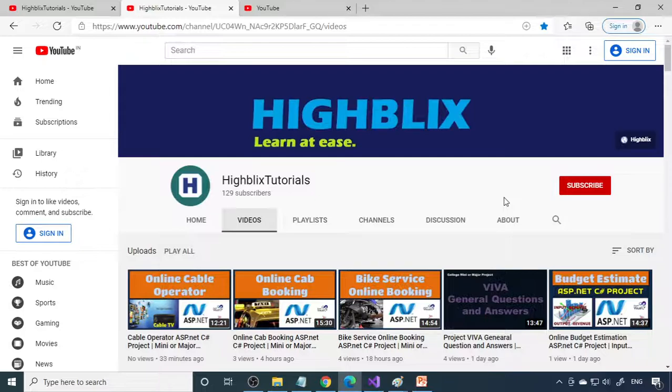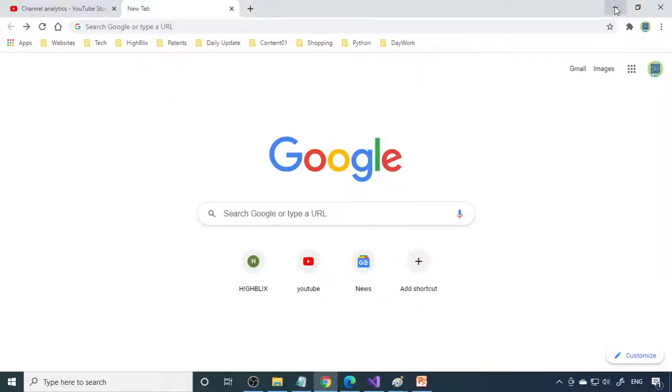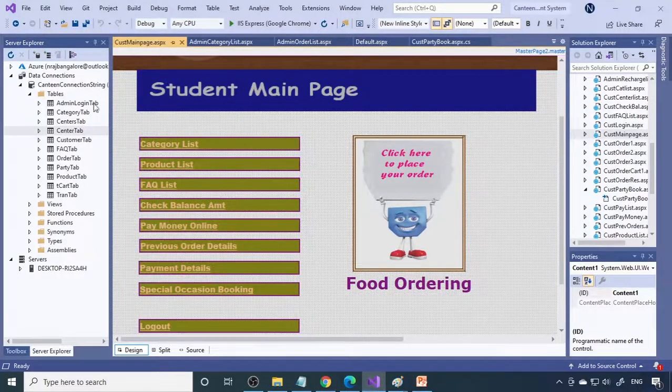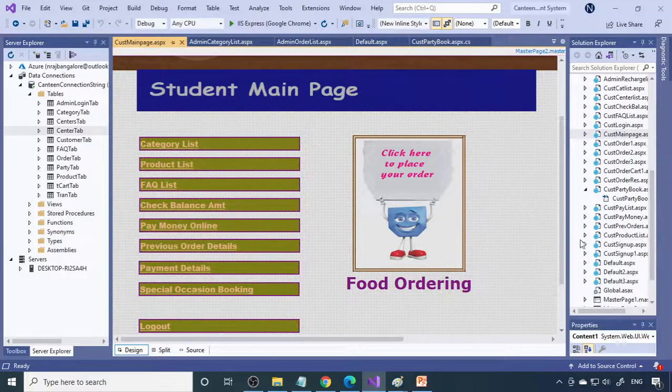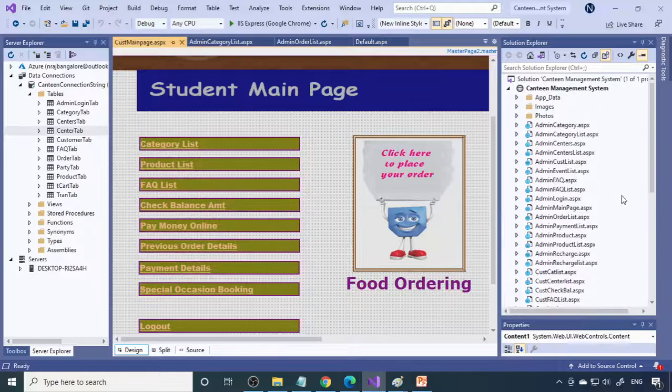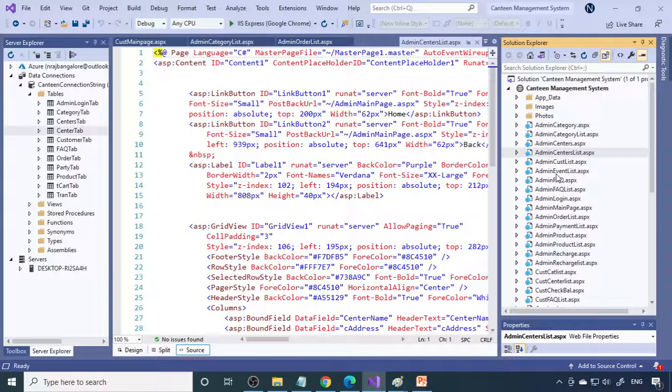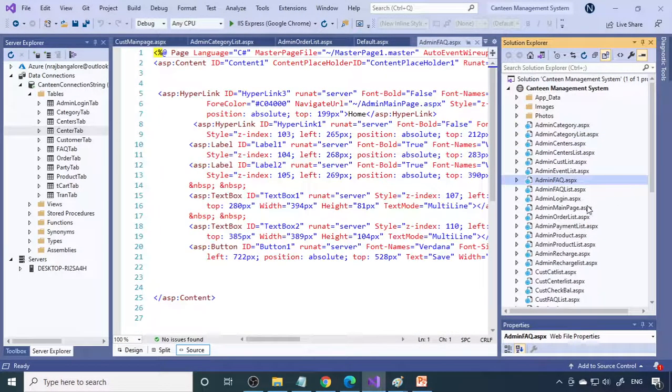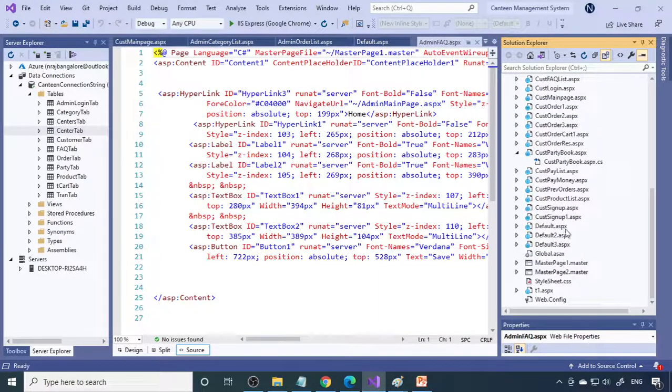Okay, fine. So now let's see the project and understand how to work with this particular project. So here is Visual Studio. I already opened the project and you can see that whenever you create a file, you can give a proper name to each file, so there will not be any confusion. What is inside the file can be easily understood by seeing the file name.